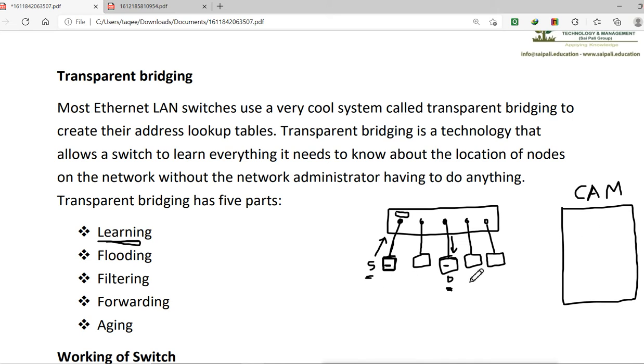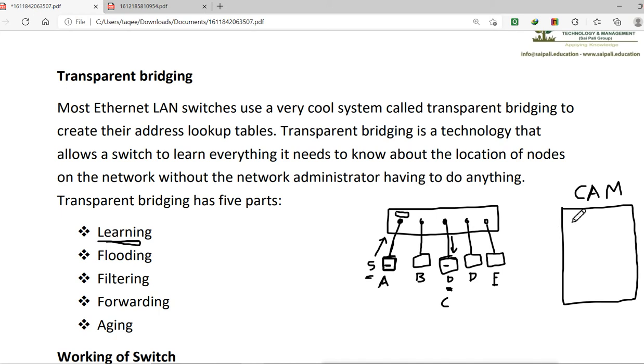When we connect the devices, for example, this device's MAC address is A, this device's MAC address is B, this device's MAC address is C, this device's MAC address is D, this device's MAC address is E. We have 1, 2, 3, 4, 5 ports.